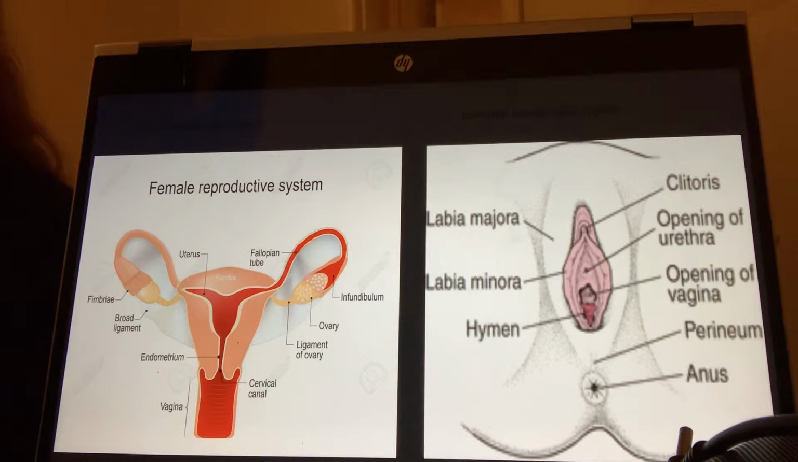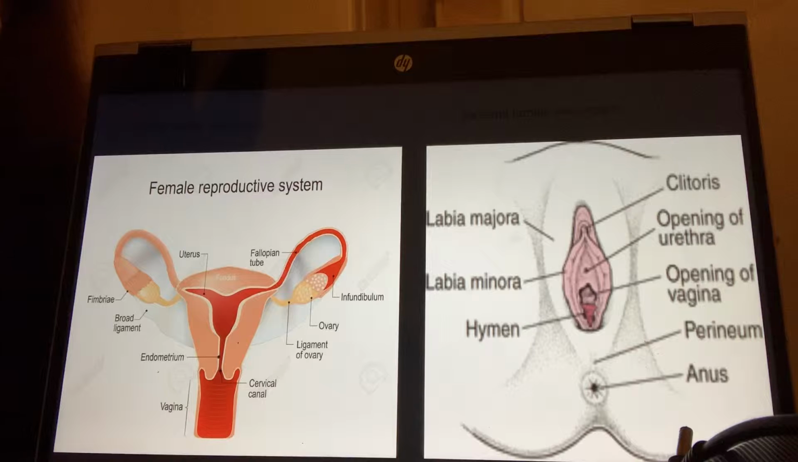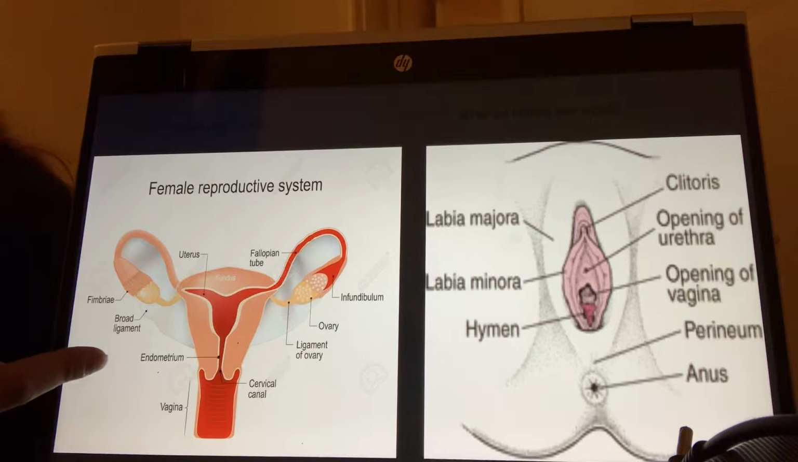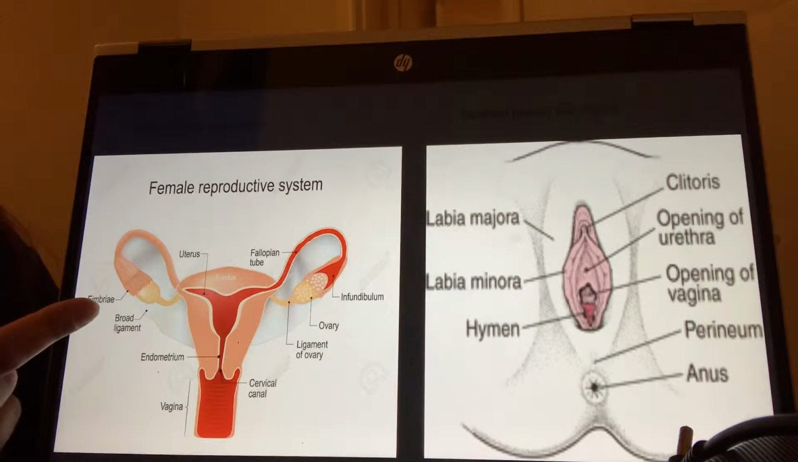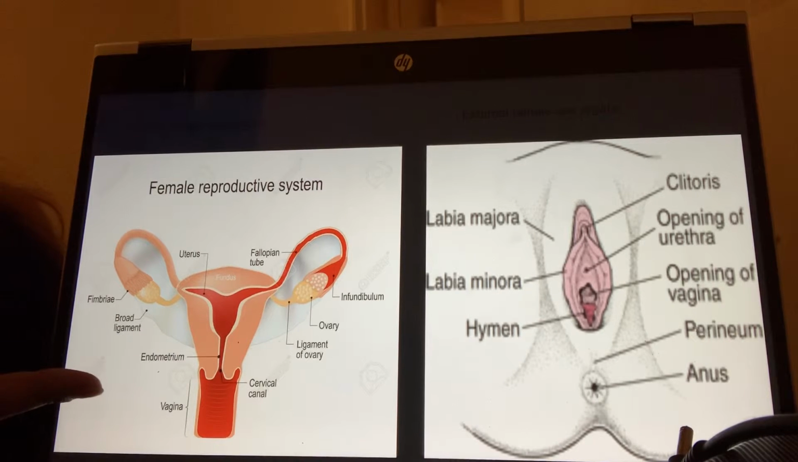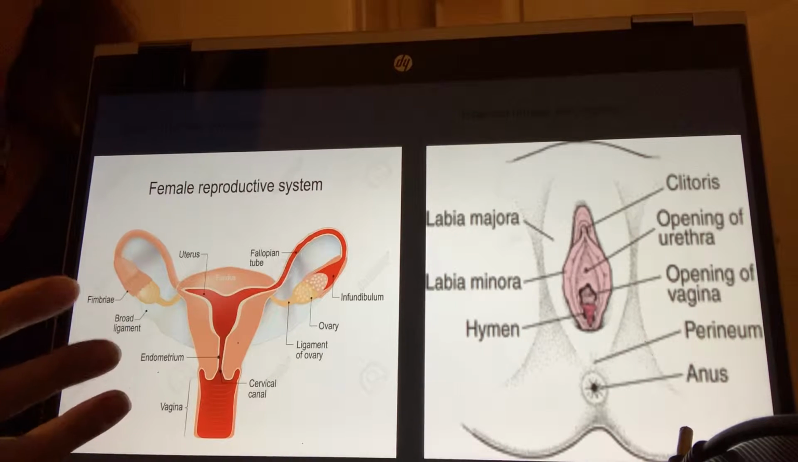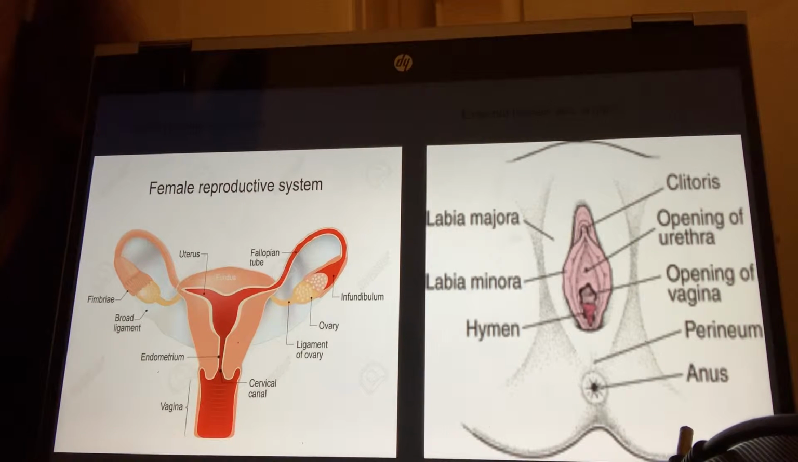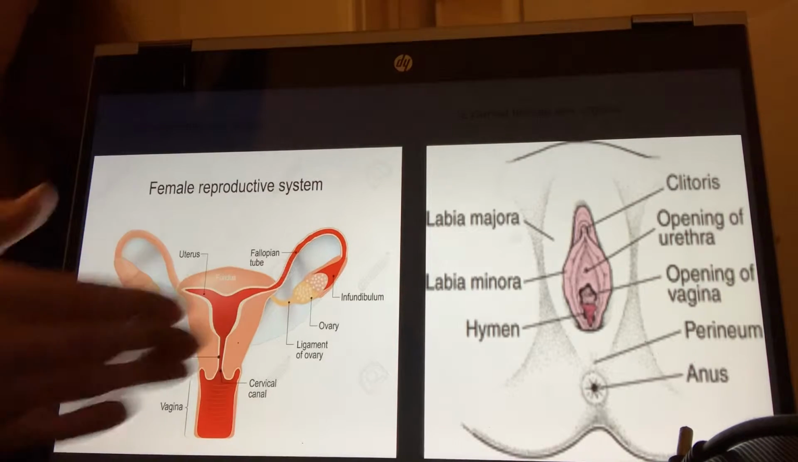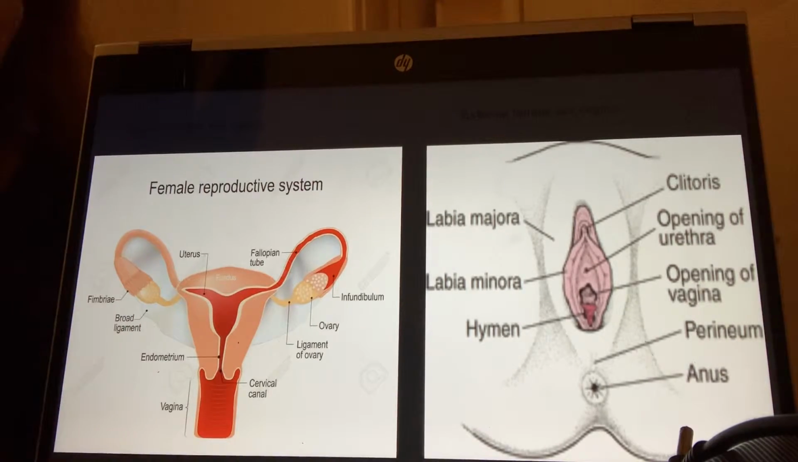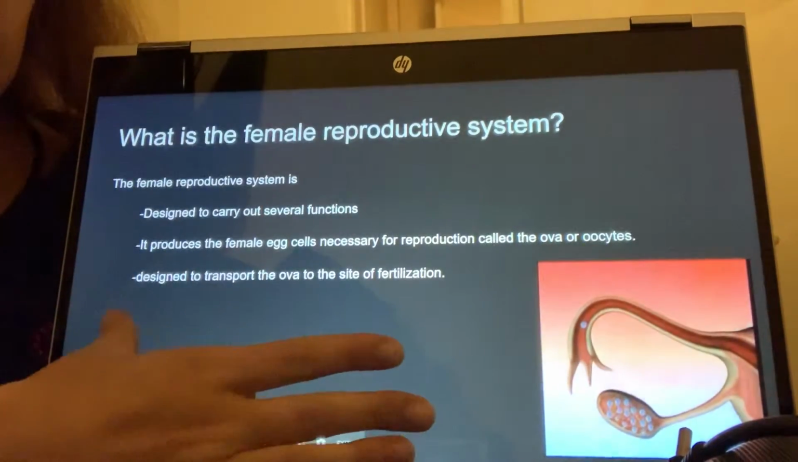There are the internal and external parts to the reproductive system. The internal is right over here on this side, containing the uterus, fallopian tubes, the vagina, the ovaries. Very important. All of it is very important. This is the function of the reproductive system. The external, over on this side,